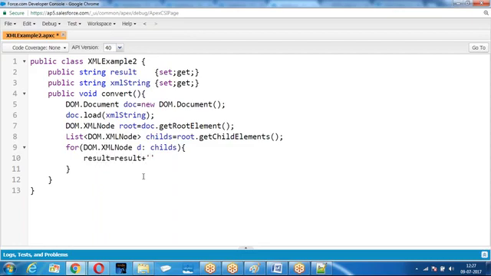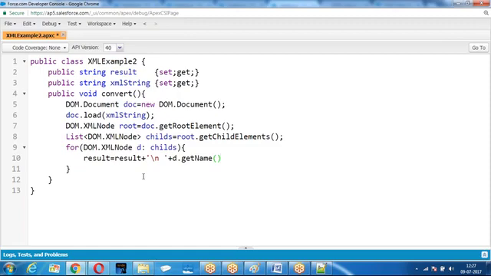result plus slash. What I'm doing, d dot get name. When I say get name, get the name of the element.